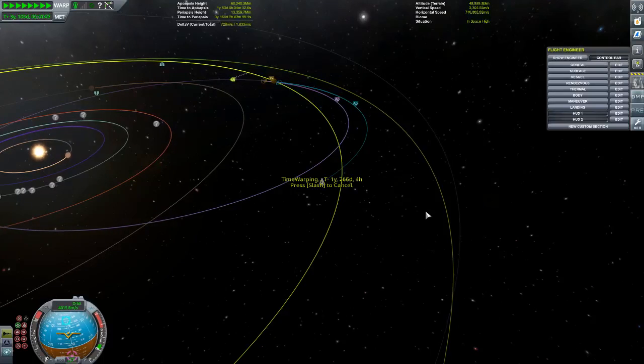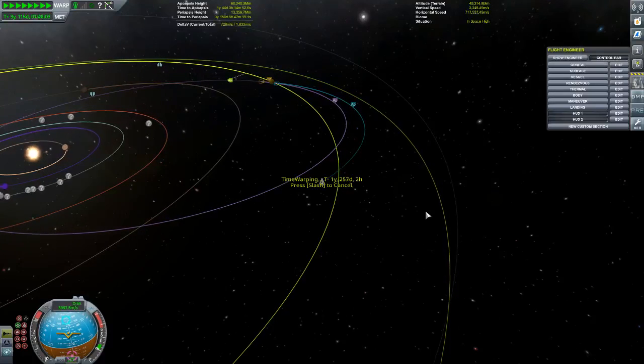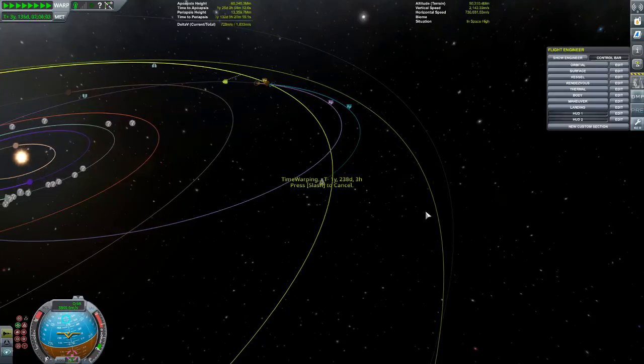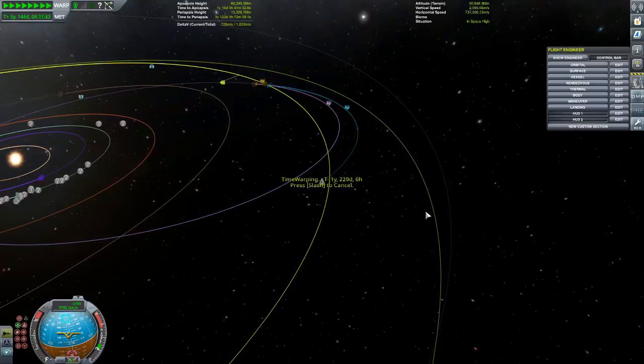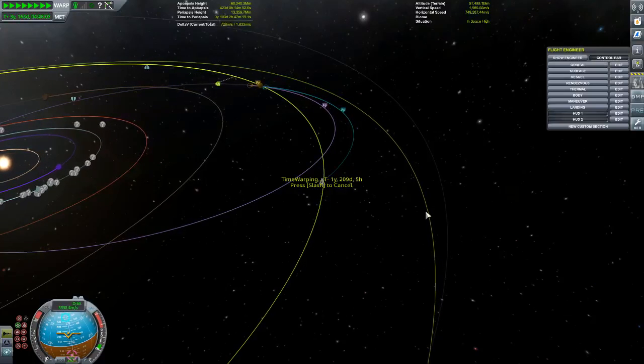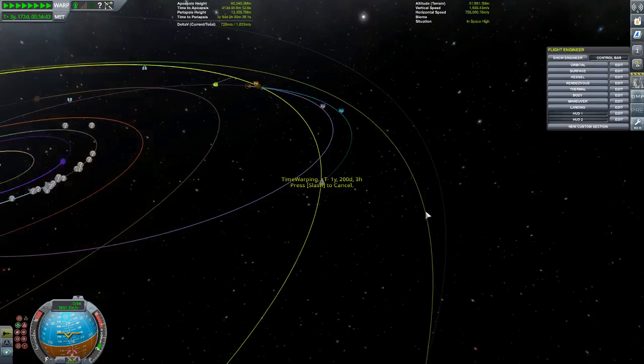Dawn was the other one that failed. That's a little bit of a shame. Not failed, ran out of propellant, and therefore is just stuck in orbit around Ceres with no way of pointing its antenna back at us, so it can't even send some data. No doubt we will end up using it as gravitational